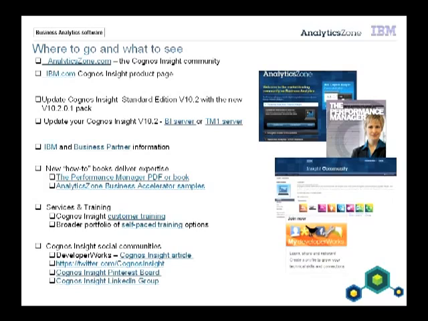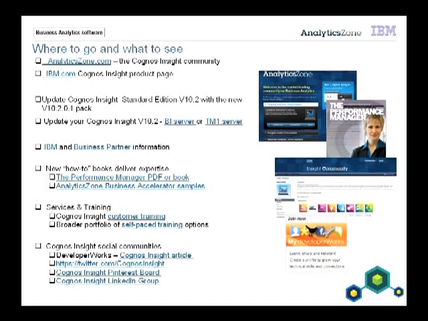I don't think there's any more questions coming through here that I can see. So Tim, I might just pass it back to you. Excellent. Thank you, David. Thank you, Karen. Appreciate the presentations and excellent demo covering IBM Cognos Insight version